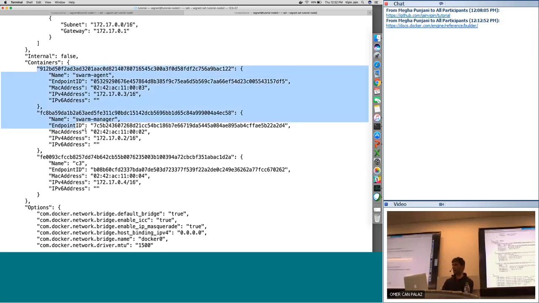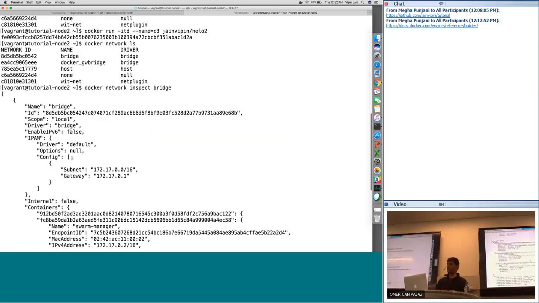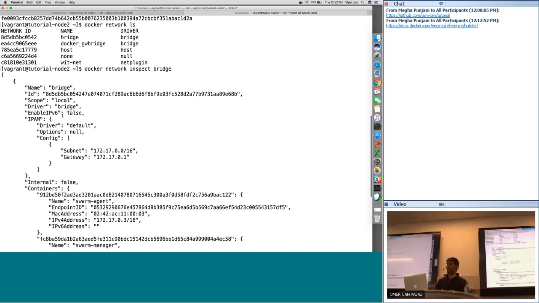Ignore these two containers for a moment. These containers are there to be able to create the Swarm cluster, but this is my C3 container which belongs to this network. So you can see that it belongs to the bridge network, which is created by its default driver. And that's if you don't do anything, it will do that. But in this mode, you are doing natting on the host, and sometimes it's not good.